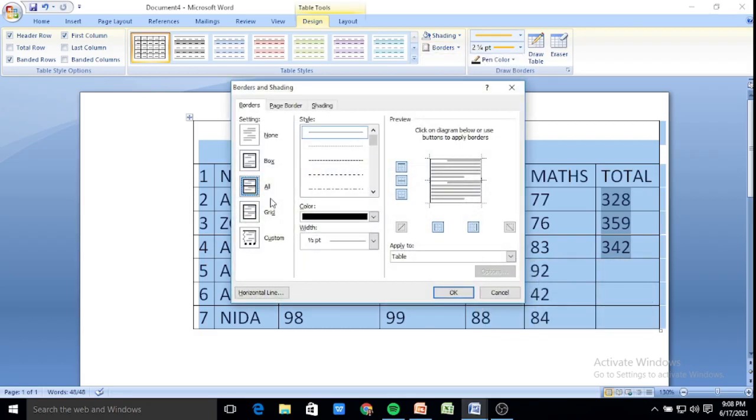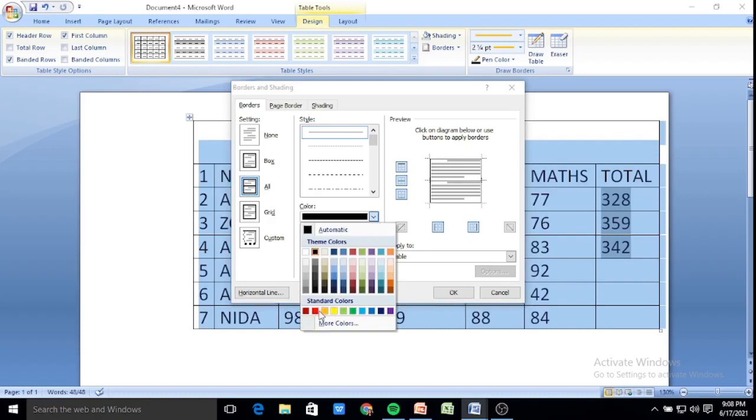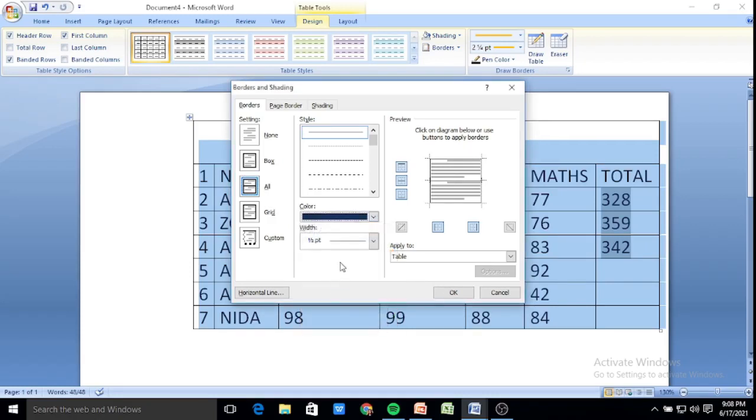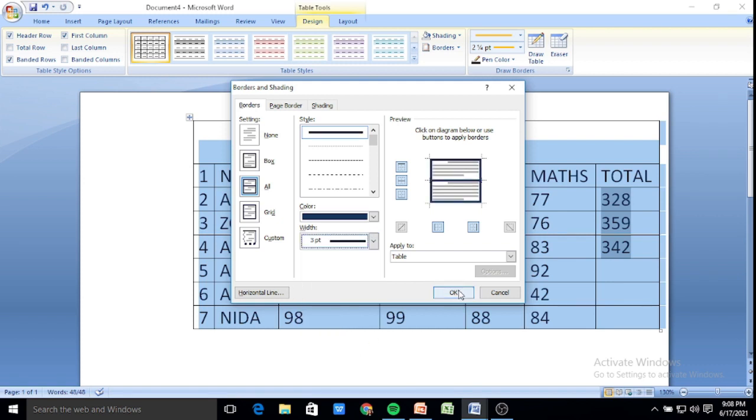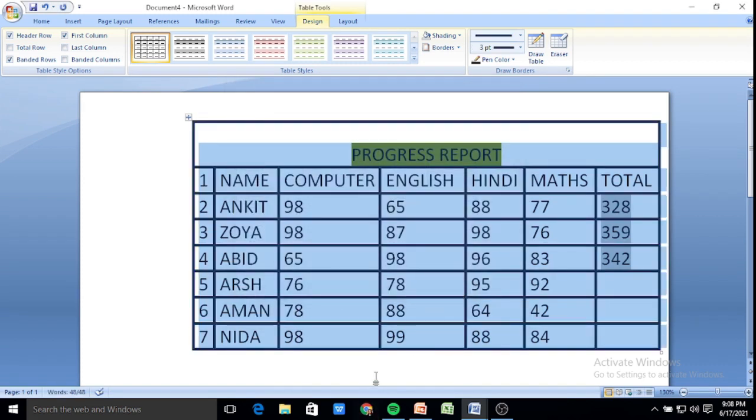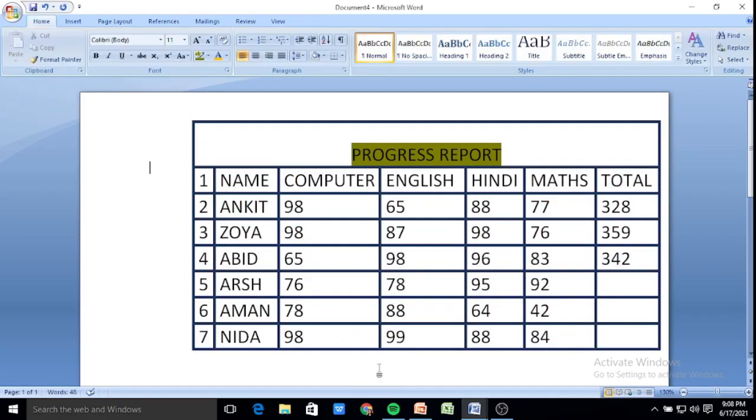Click on all option, and after clicking on this you can select the color of your own choice, whatever the color you want. Okay, and the width, that is what should be the line with which you will draw the table. Suppose 3 point, I'm selecting and click on OK. So this way you can see the table is created.